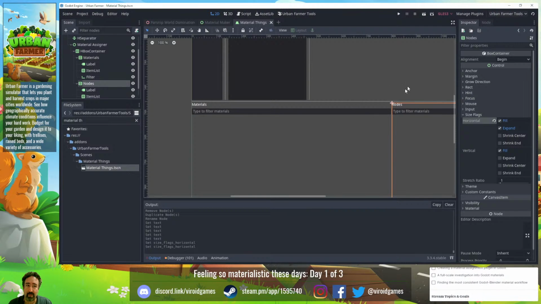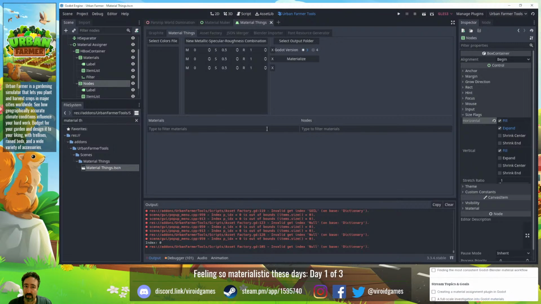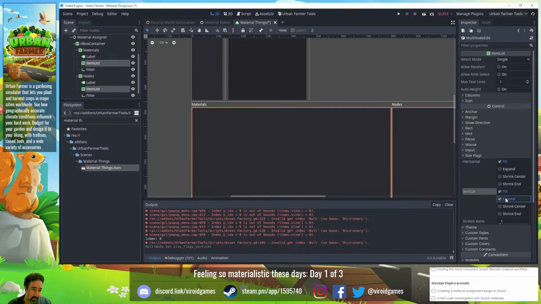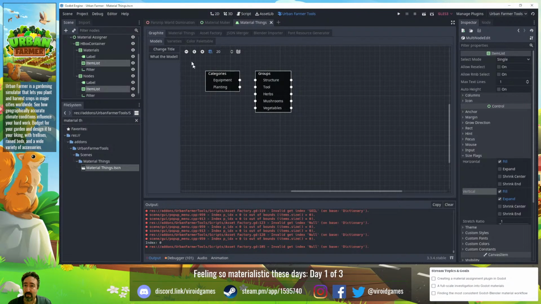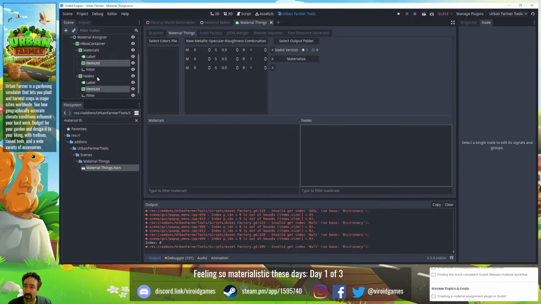I'm going to do nothing but refresh my plugin, turn on the plugin itself, and the item list is empty. That's why it's not taking space. So let's fix that. Let's select both, go into size flags, expand, done. Save, refresh the plugin. Material things, and we have something that is looking much more like